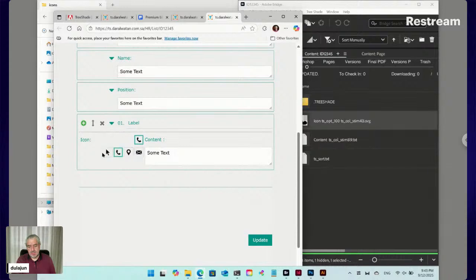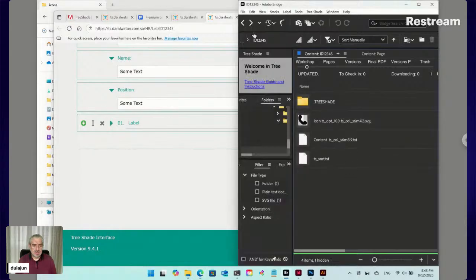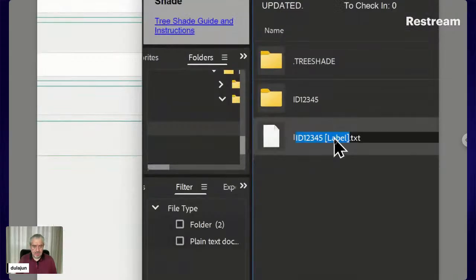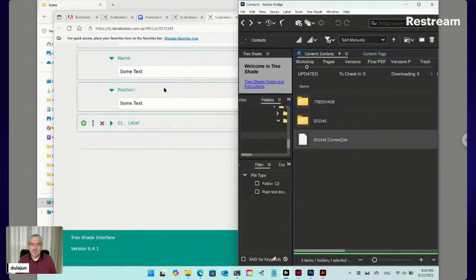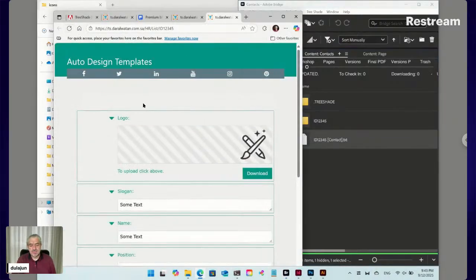See, only the icon. Okay. Now let's change the label to contact to describe the content. Now we built the content,